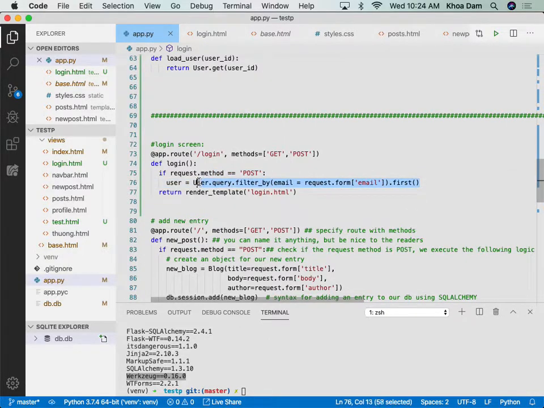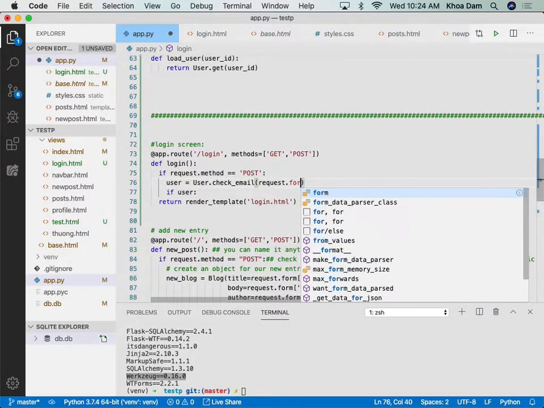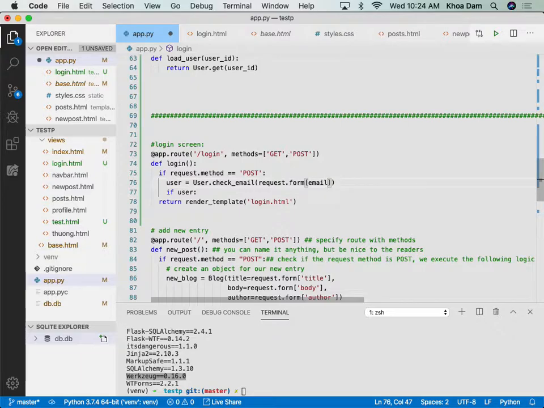Okay, user equals user dot... Okay, and now you don't have to type again and again, just call it. Right? Then if user, you pass nothing in. Nice. Request dot form email. Right, and then if user, you return